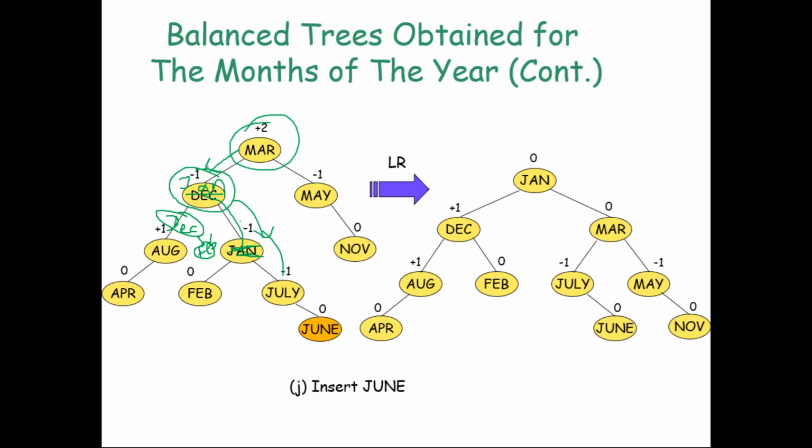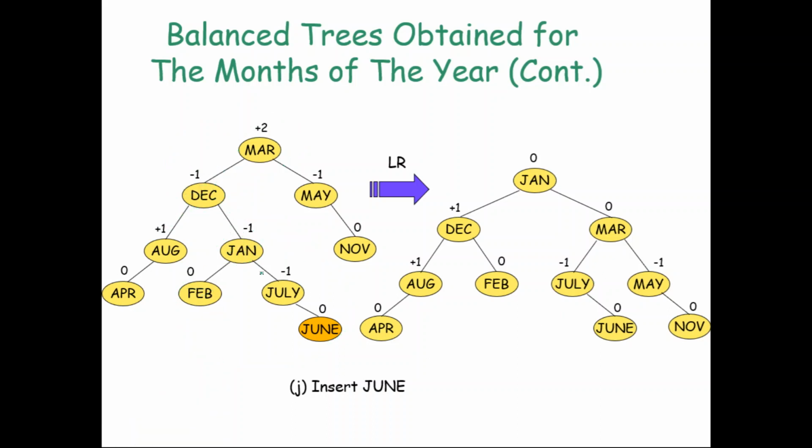Then you have to do a right rotation. When you do a right rotation, Jan should go here. When Jan goes here, March will come down. Okay, March will come down. But Jan has a right subtree, which means all this entire part, that is July, June. Okay, all these things. Feb is not a part of that. July and June are greater than Jan. So when you move to the right, it will become the left part of March.